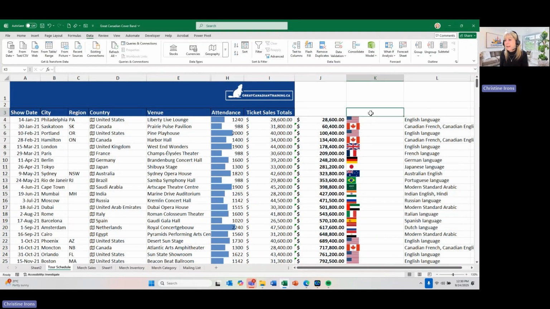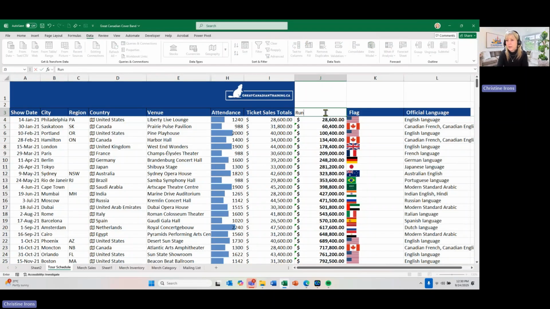Now I would want to put headings in, like this is the flag, this is the official language. I'll probably put this as the running total. Always put headings in your data. You should always have headings. But I've actually inserted it as part of my data, which means I could do something like create a pivot